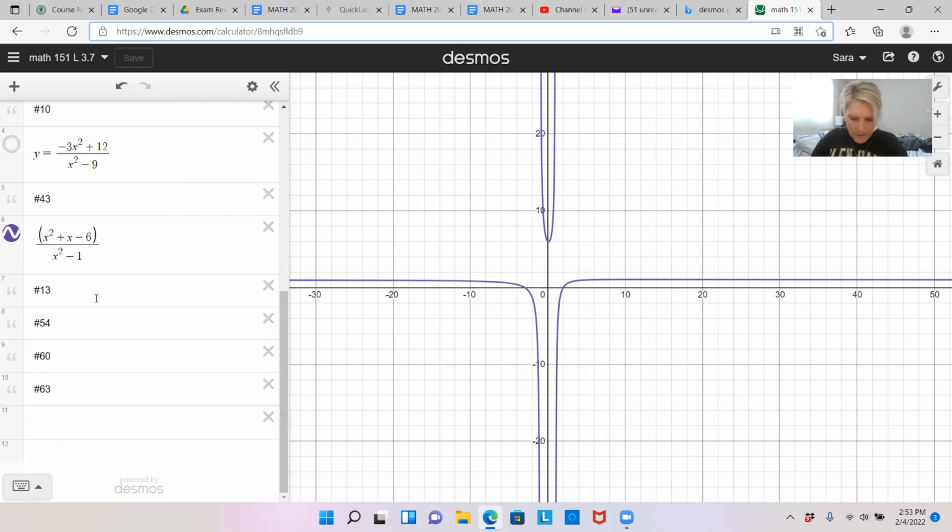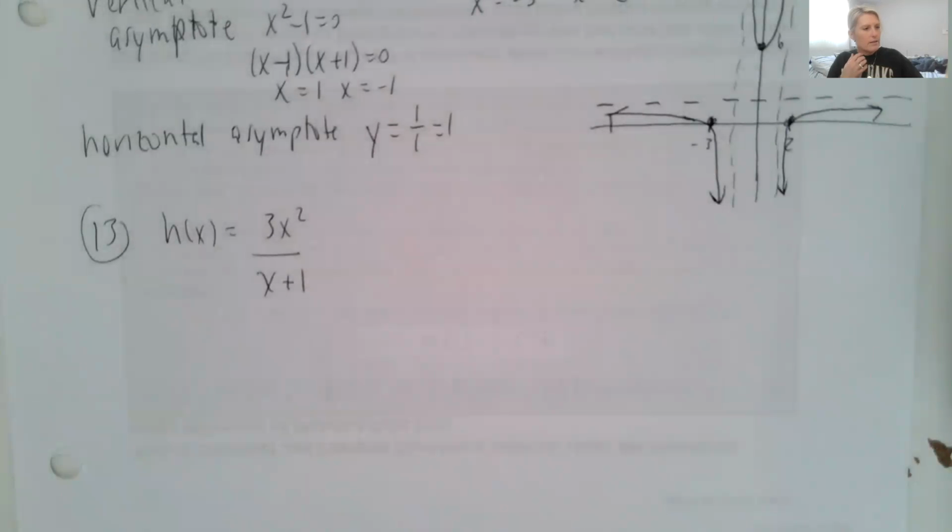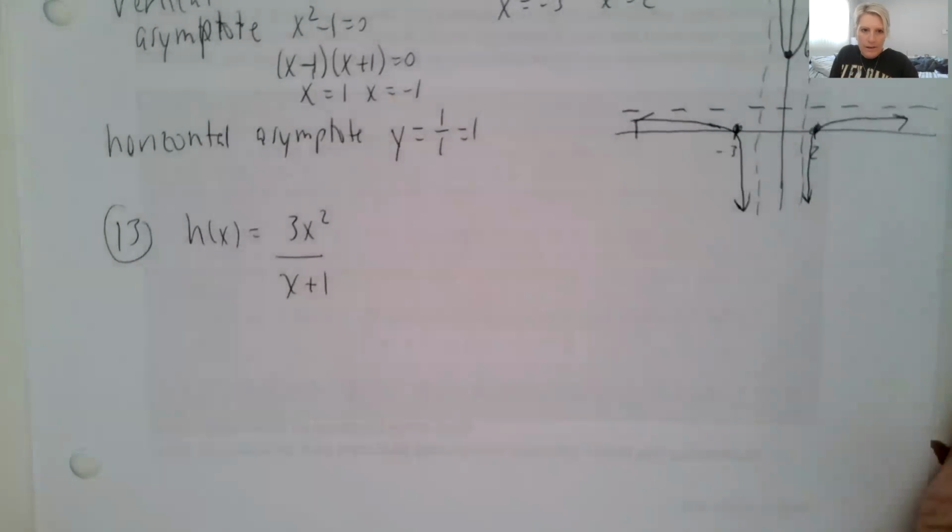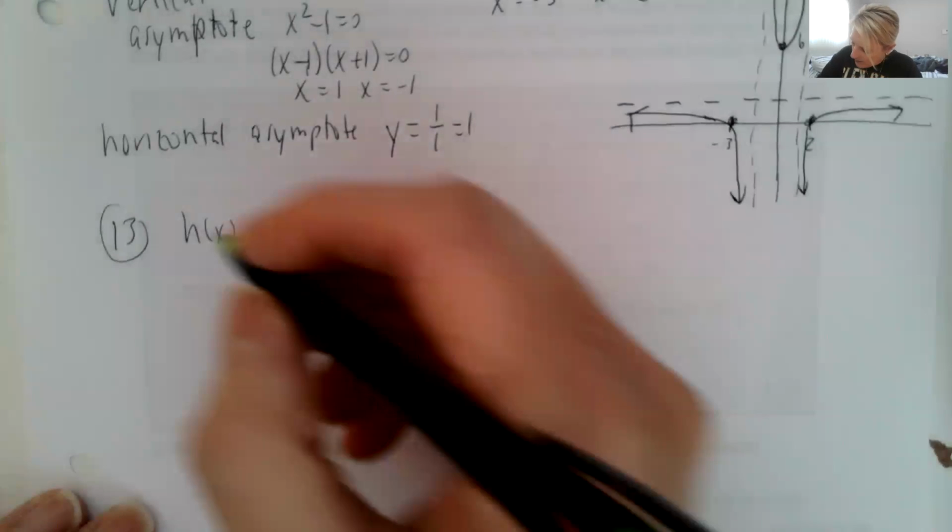Very cool. Okay, the next one is number 13. So let's go back and look at my paper here. And so number 13, let's see what they're asking us to do on number 13. It says, find the domain and the vertical and horizontal asymptotes. Okay, so this one is